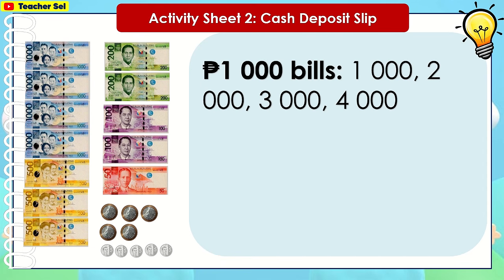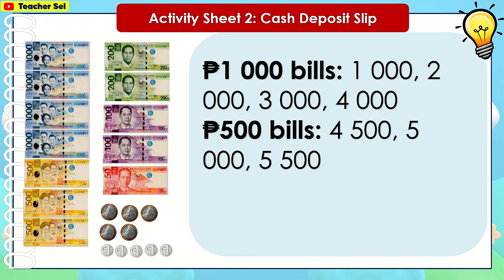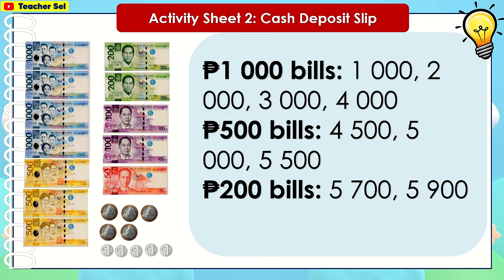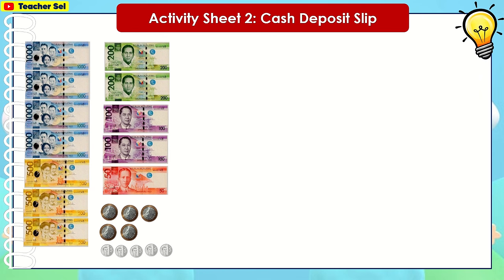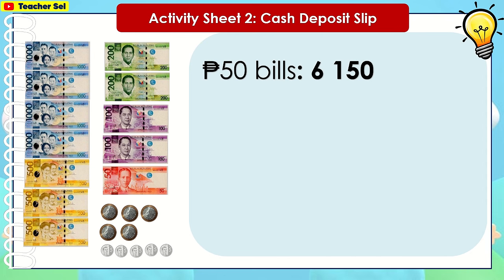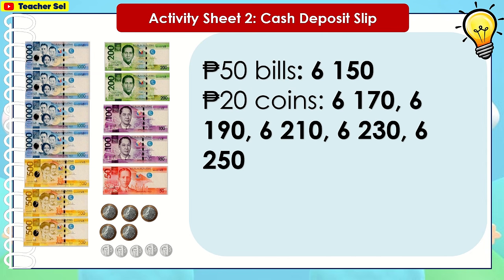For 1,000 bills, 1,000, 2,000, 3,000, 4,000. 500 peso bills, 4,500, 5,000, 5,500. 200 peso bills, 5,700, 5,900. 100 peso bills, 6,000, 6,100. 50 peso bills, 6,150. 20 peso coins,